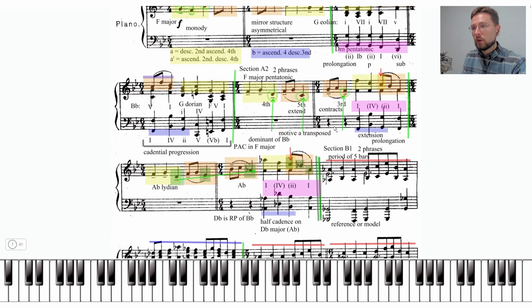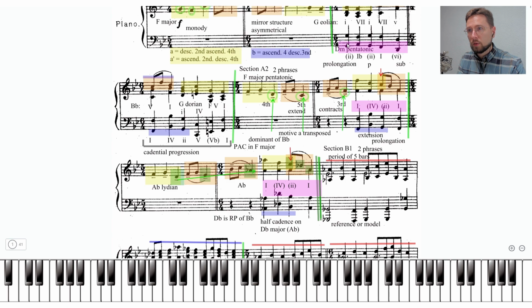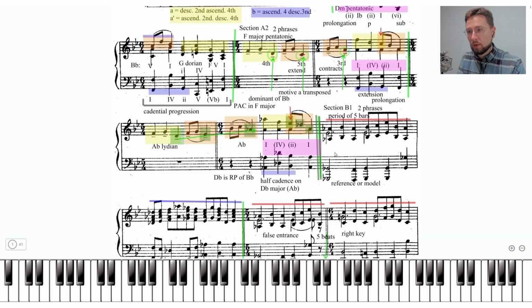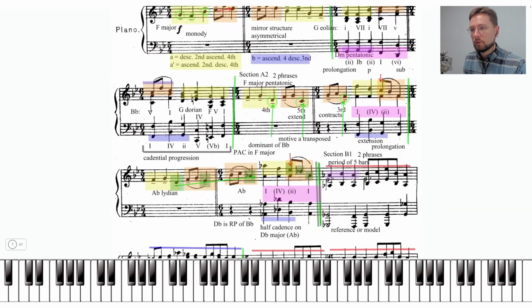So let's see what those motifs are. On the one hand, we have this. That's a neighbor tone. Where did that neighbor tone appear? It's part of this bass that we were hearing at the beginning. So maybe we can highlight it. Here we had it. So that bass now becomes a motif. So that's the bass line